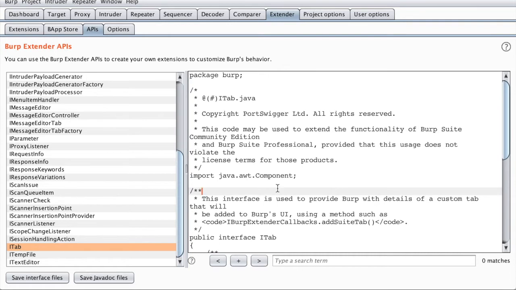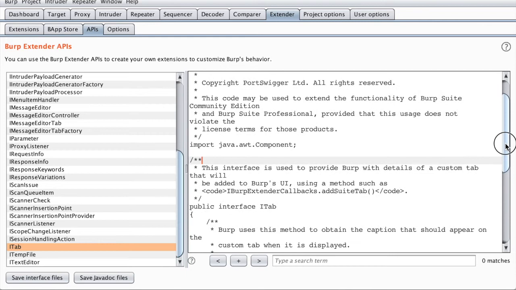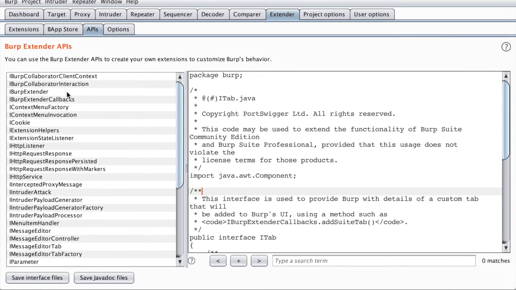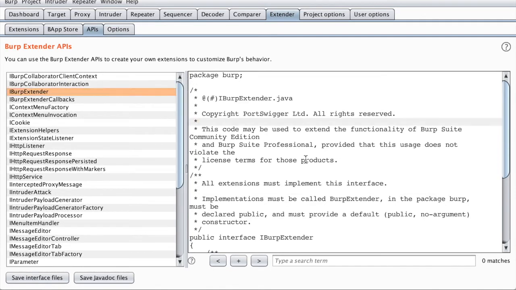And you can see that this ITab will create another tab just like these, like user options or project options.